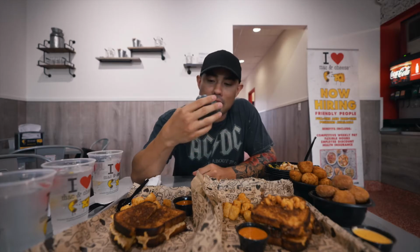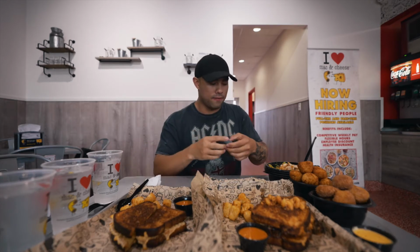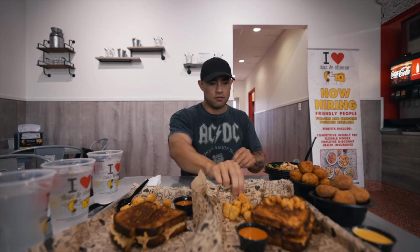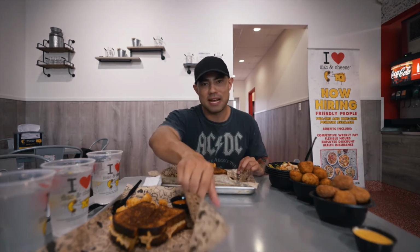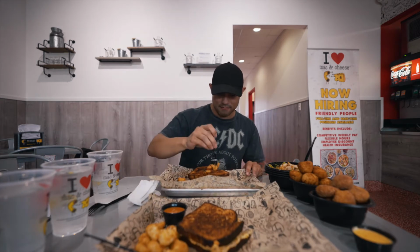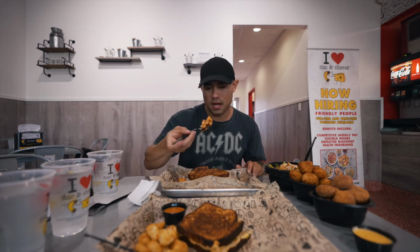Okay guys, we are about 12 and a half minutes in so far. We have 3 of the bowls done. I'm gonna save this one for after this grilled cheese right here. And this is their best of both worlds. And I think they said it was maybe their biggest one. Now there is some mac and cheese on top of it, which I'm just gonna take off